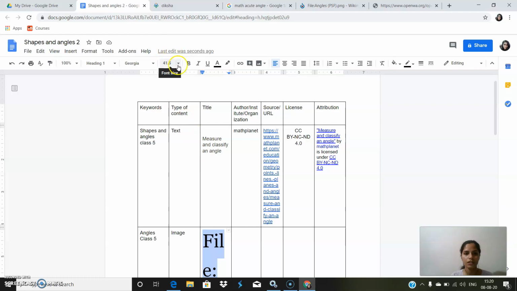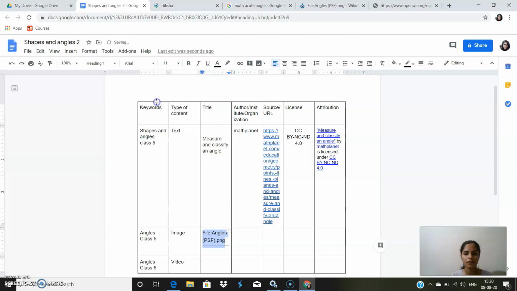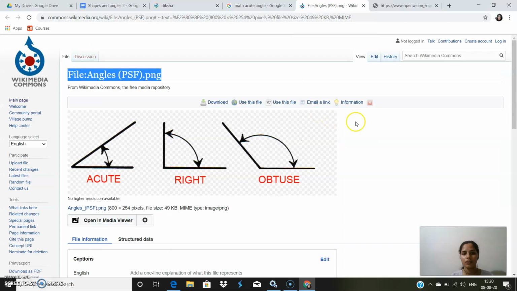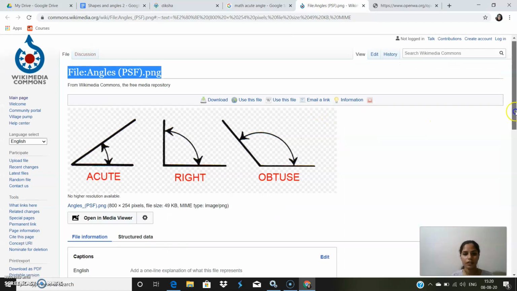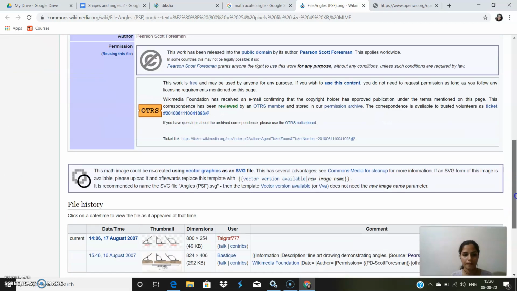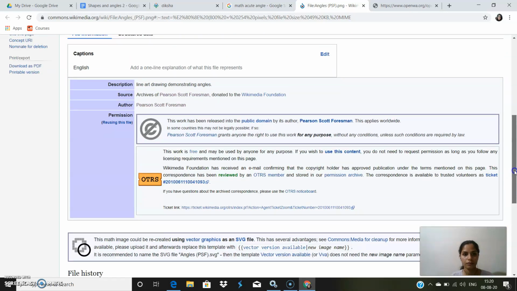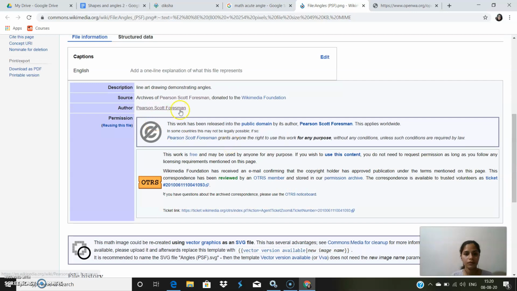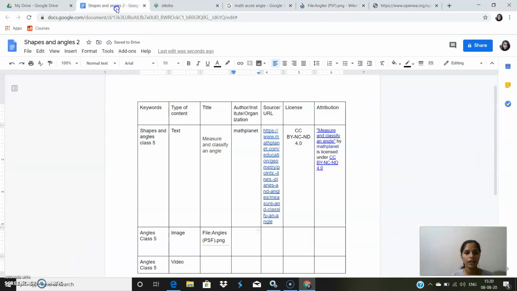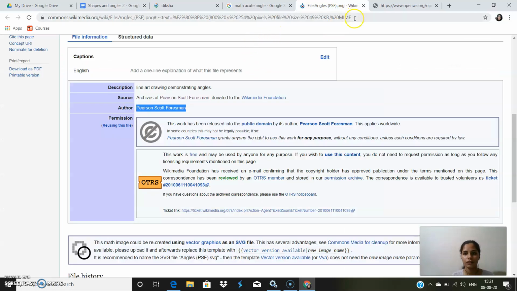Change the size of the font if you want. Now the author of this is given here. Copy the author name. Now copy the URL from here.